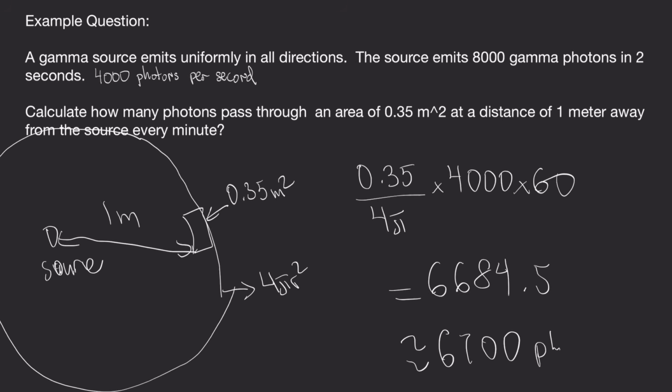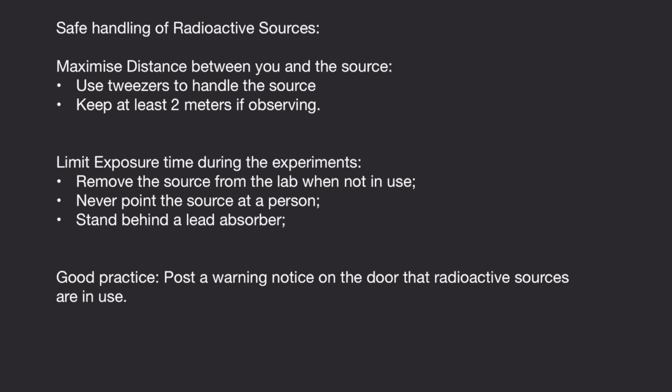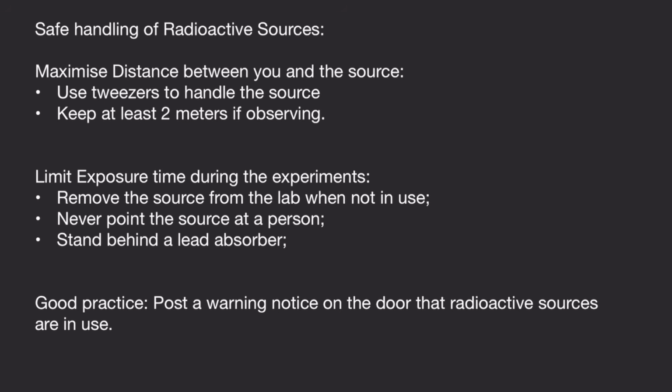6,700 photons. We also need to discuss safe handling of radioactive sources and some procedures for it. Usually the marks go for several factors. One is to maximize the distance between you and the source. For instance, we could use tweezers to handle the source, and we can keep at least 2 meters away when